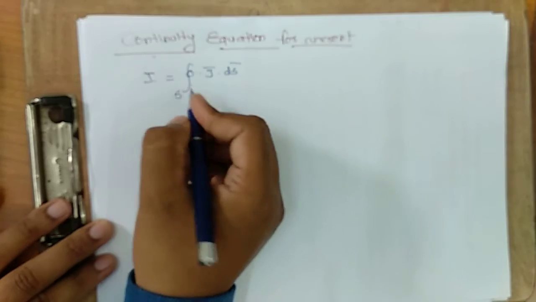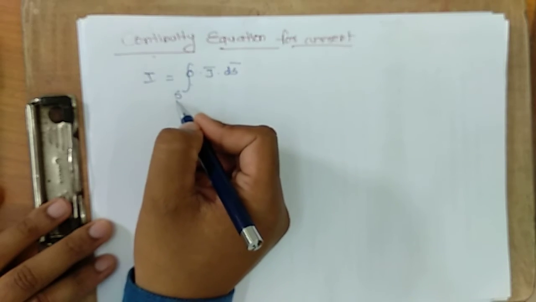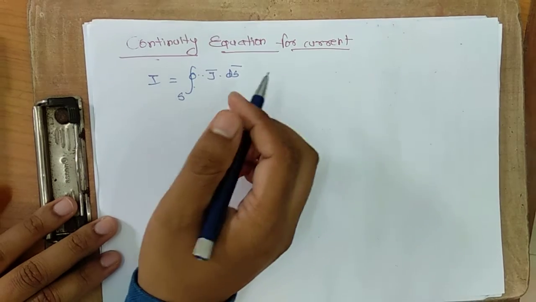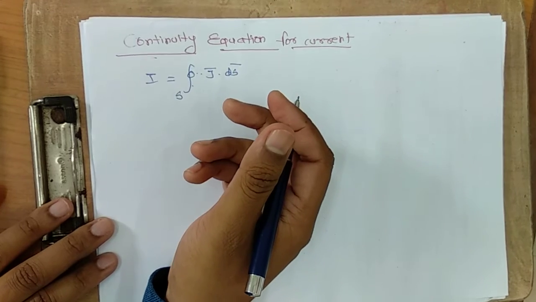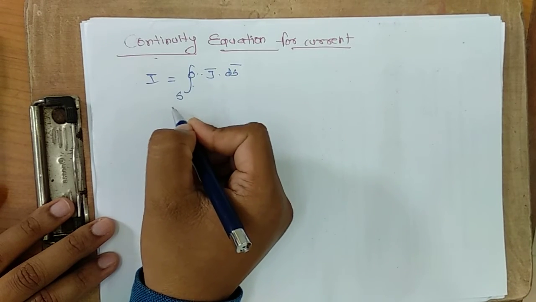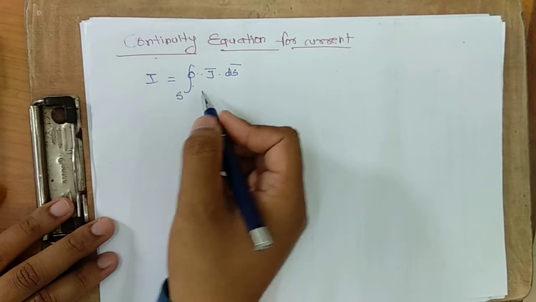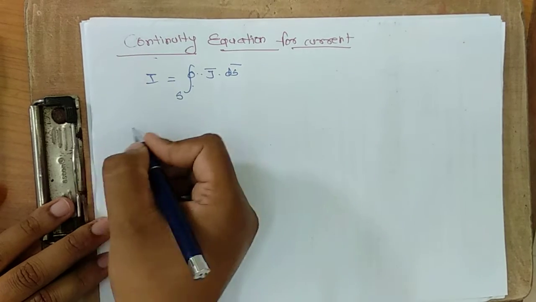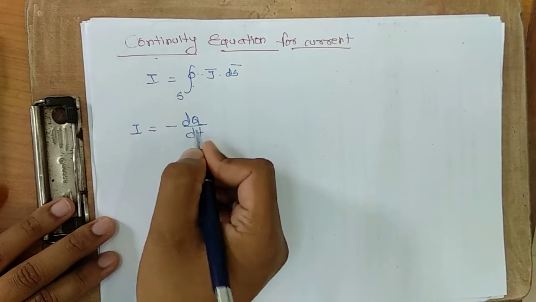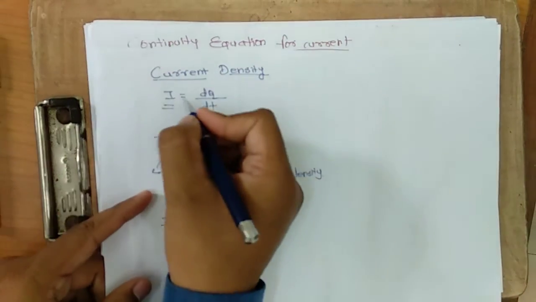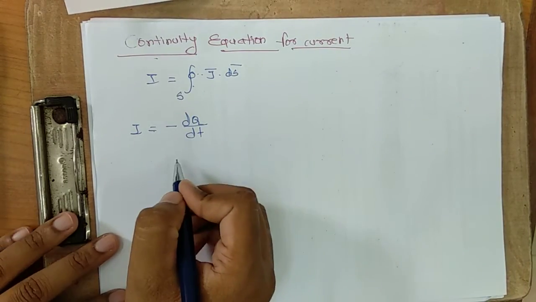I will take one integration sign with a closed loop, though we have to take a double integration, since if there is a surface you have to take two integrations. If there is a volume, I will represent it with three integrations. If there is a line charge, I will represent it by L. So I is equal to the closed integral of J bar dot ds bar, but I can be represented by minus dq by dt. Sorry, in the last step I forgot to write the minus, because it is opposite to the charge, that's why it is minus dq by dt.